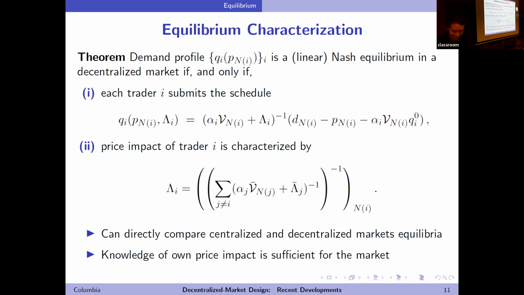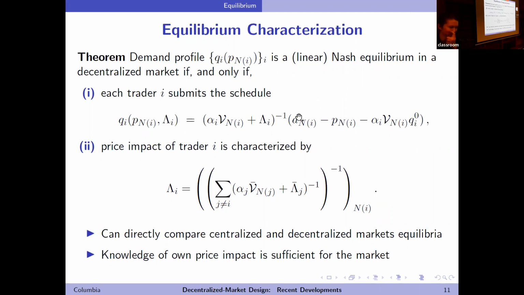Now the economic intuition is the following. Traders' incentives are interdependent across exchanges, as long as sigma is interdependent, as long as their price impact Hessians are interdependent. Intuitively, my price impact depends on the demand submitted by my counterparties in the exchanges where I'm participating, and hence on the price impacts of these counterparties, which depend on the price impacts of their counterparties in the exchanges where they are participating with me or in other exchanges as well, hence the interdependence.